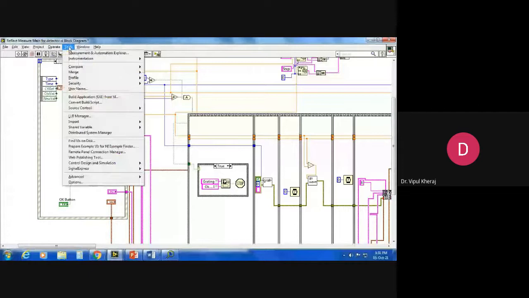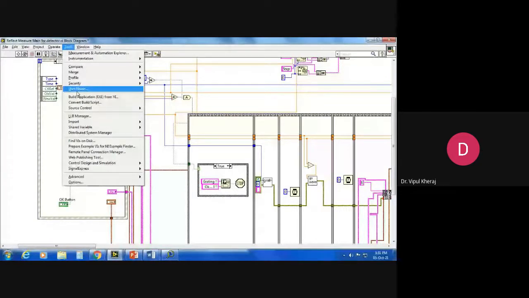I can also build an application like an EXE. Once I am done and happy with my program, completely ready, I can make an EXE file, then take that EXE file to any computer, install it, and that doesn't require LabVIEW installed. So you might think that LabVIEW is a very expensive software, and once I make it I need to use it everywhere, and that requires a lot of money. That's not the case. It's only for the development.